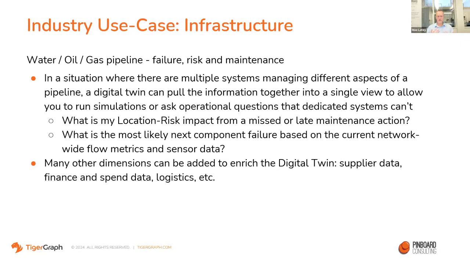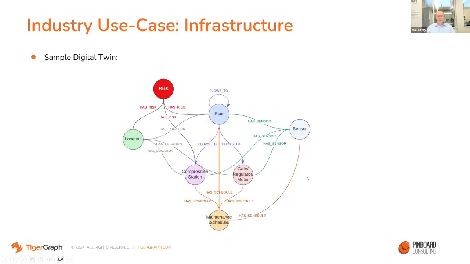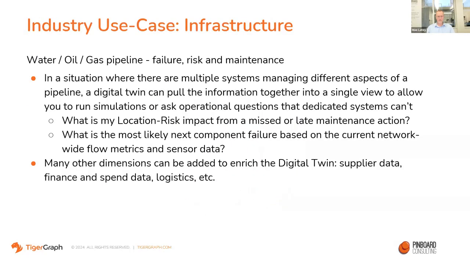But with a full digital twin in a graph, you can start to marry all those systems together. You can bring your sensor data together with your pressure data and your flow data, and on top of that layer in other aspects. If I go to the next slide for a second, you can look at things like maintenance schedules. Maybe your maintenance schedule is kept in a completely separate system. It's not connected. Your sensor might be connected to your pipe network, but maybe your pipe network isn't connected to the compression monitoring. And so if you want to answer a question like this one here,